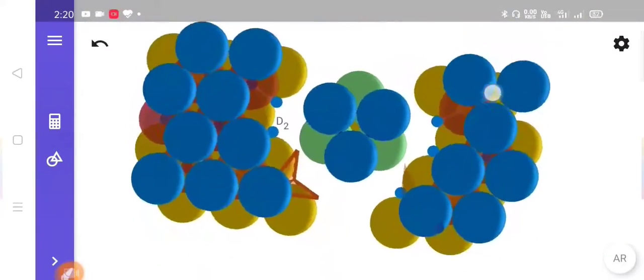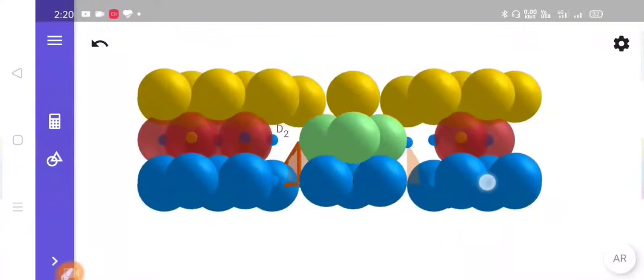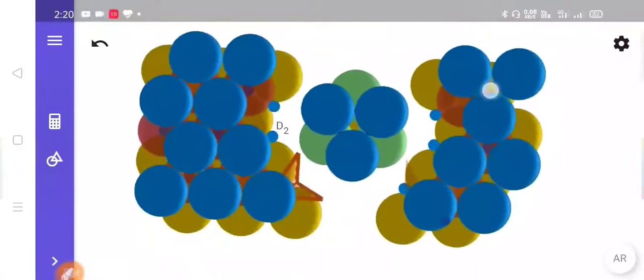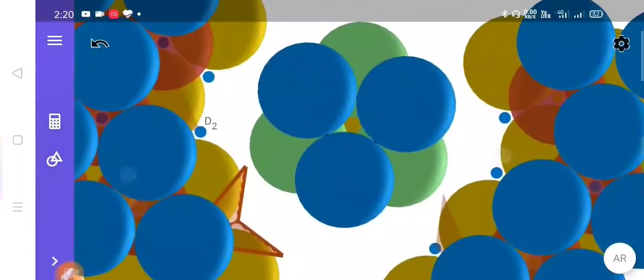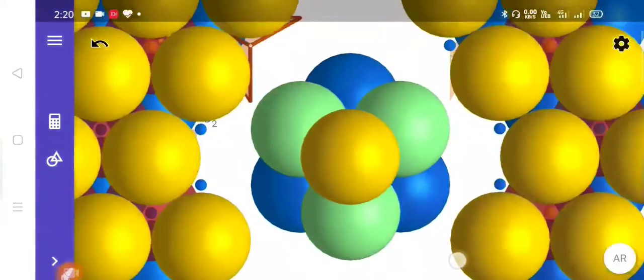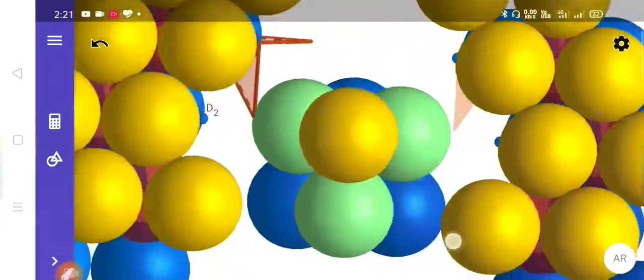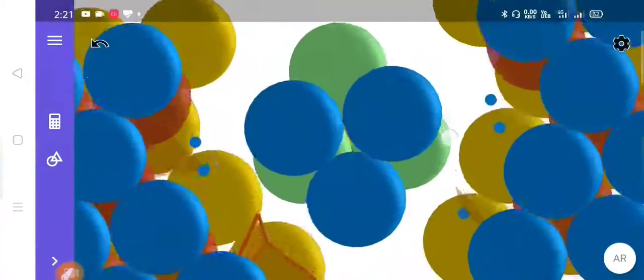So now you can see that the void is covered from the top side. Now you cannot see through it because of the presence of the yellow sphere on the top. Okay, so this is called covering of octahedral void.